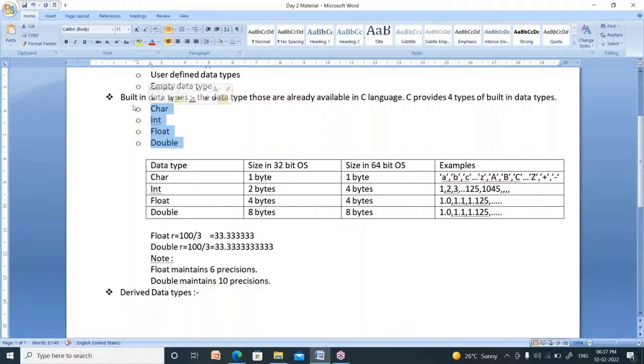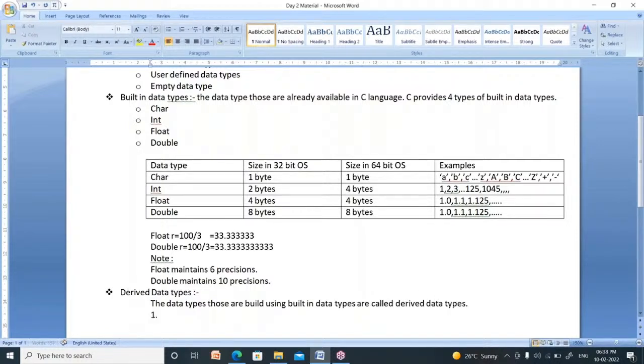The data types that are built using built-in data types are called derived data types.